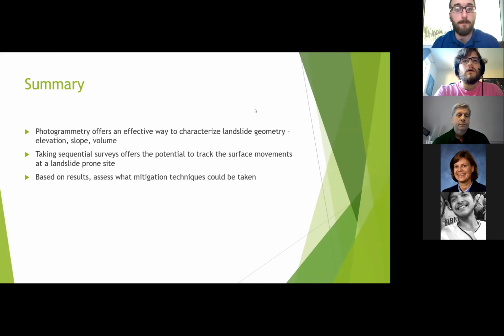Hey, Steve. Yeah, I did have one more that maybe Max could comment on. I know this is sort of focused on landslides, but something parallel with embankment and the undermining. Have you used this technique at all in that? I know you've been working on the undermining of I-70, and has any of this been used with that, and how? No, so we haven't used any of this kind of method there.